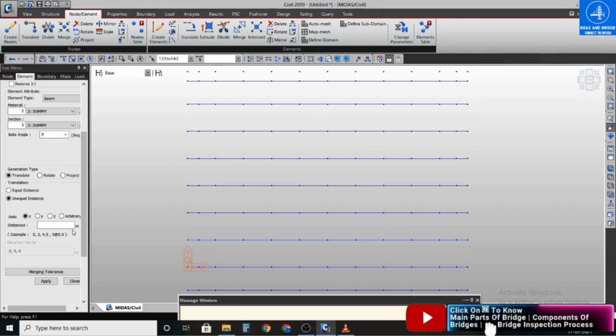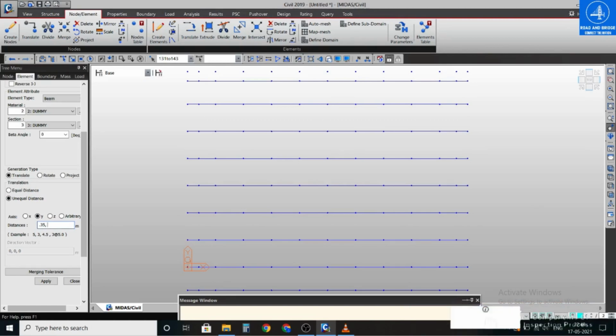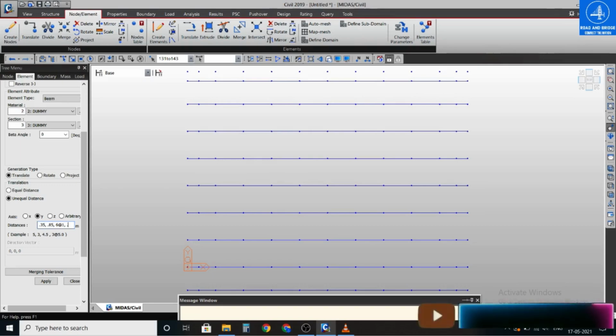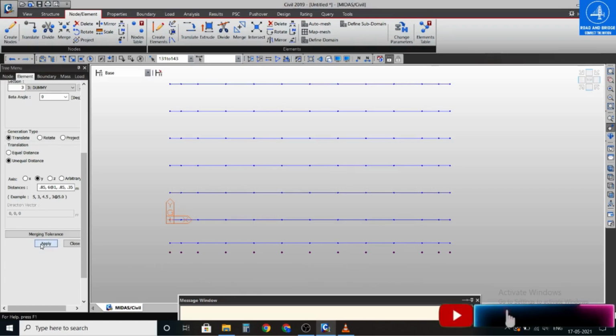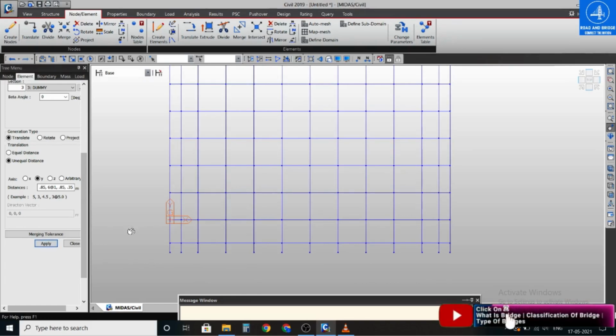So I am going to provide here in case of unequal distance along y-axis. At first I am going to put 0.35 meter comma space 0.85 meter comma space, and 6 times at 1 meter comma space, and 0.85 meters comma space, and 0.35 meters, and click on apply.